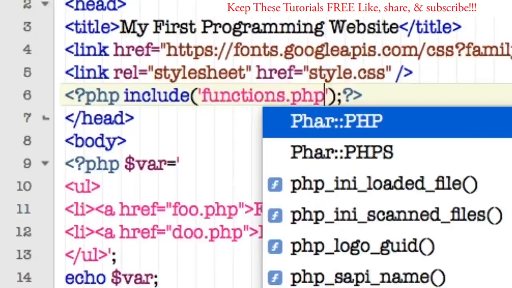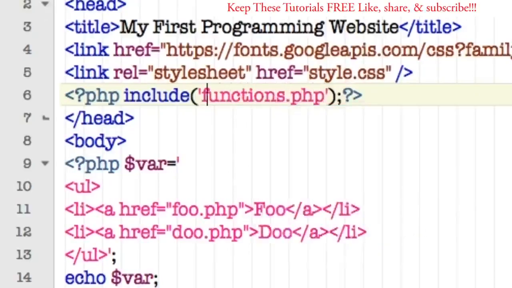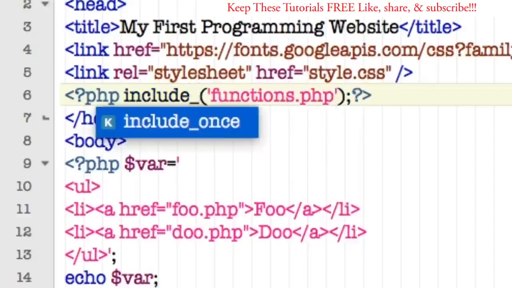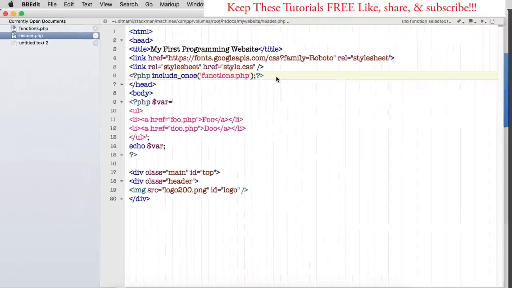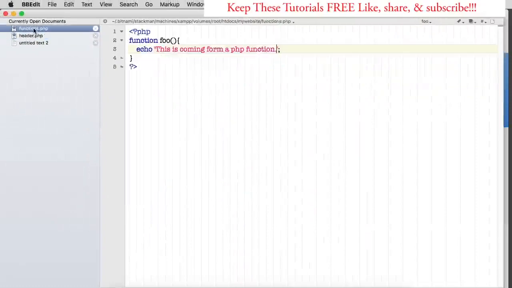functions.php. Now, in later lessons, we're going to be using a config file in our functions. So we want to include the config file there, but you want to get in the habit, whenever you're bringing things like functions in, of typing include once, and that way it's only going to bring that file in one time. Okay, so let's click Save with Command S or Control S,